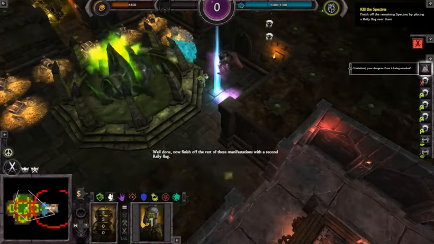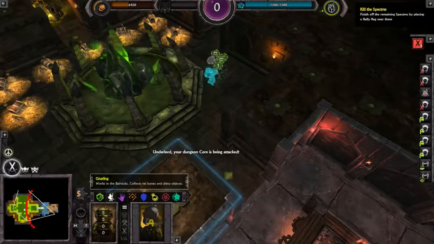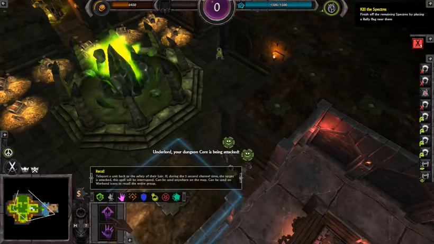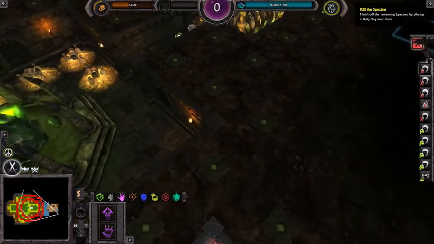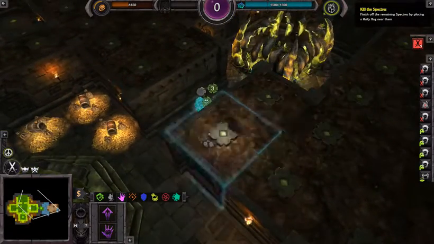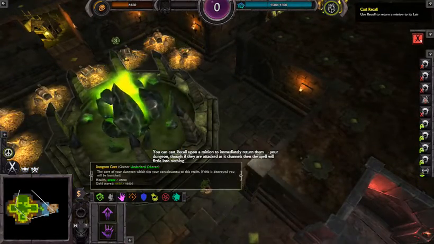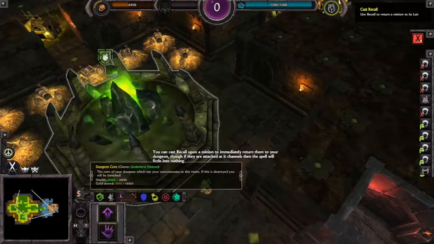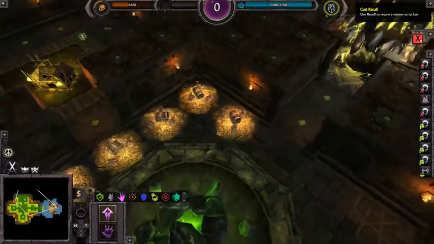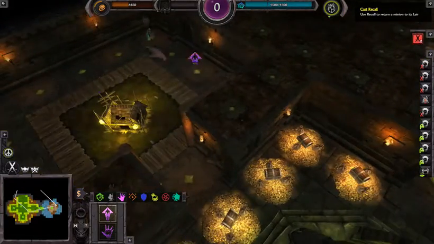Well done. Now finish off the rest of these manifestations with a second rally flag. Underlord, your dungeon core is being attacked. I don't see a rally. I see possession and recall. No, that's not what I meant. You can cast recall upon a minion to immediately return them to your dungeon. Though if they are attacked as it channels, then the spell will fizzle into nothing. Okay, that was weird. I didn't see a...